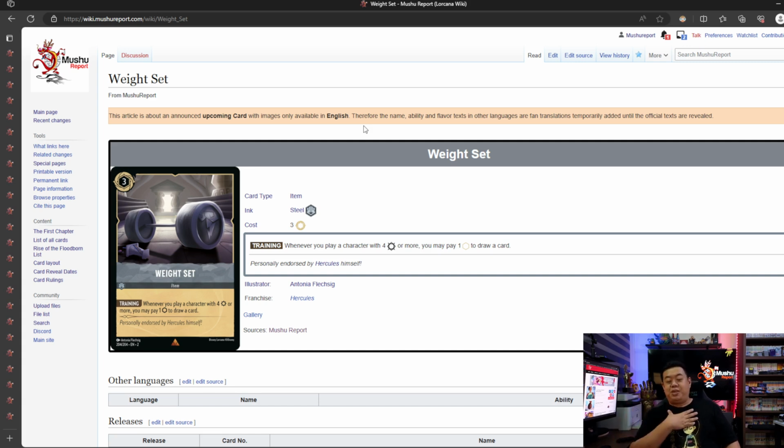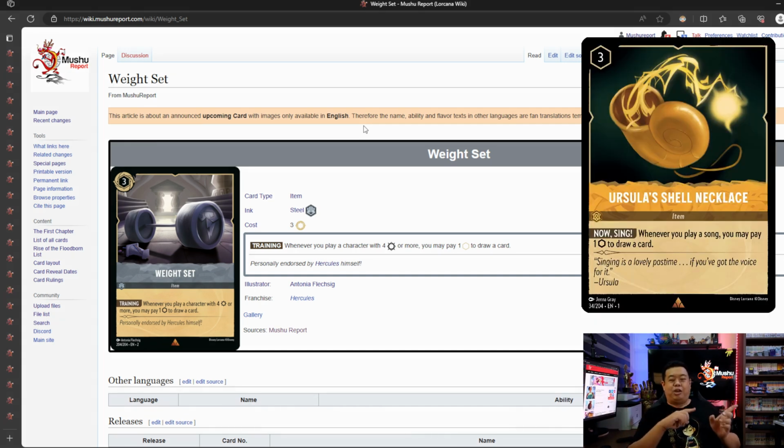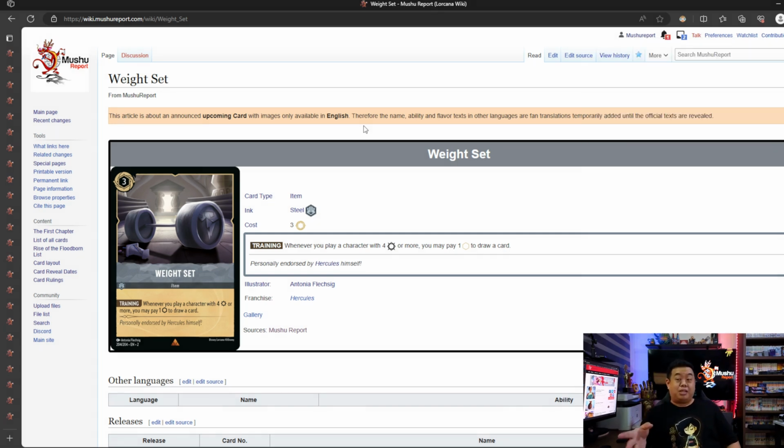So for me, I think that this is kind of a much improved version of Ursula Shell's Necklace, because the thing is over here, it's much easier to play a stronger character compared to having to play a song. If you have a song deck, yeah, sure, that is still good. But this is uninkable. That's one part that's not great already. And you're not going to have that many song cards in your deck unless you have a very, very specialized deck. In comparison, Weight Set is pretty much something that every deck can actually fulfill easily,